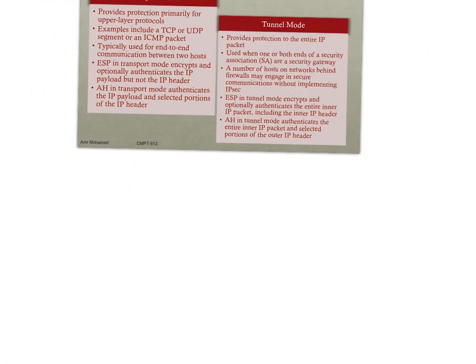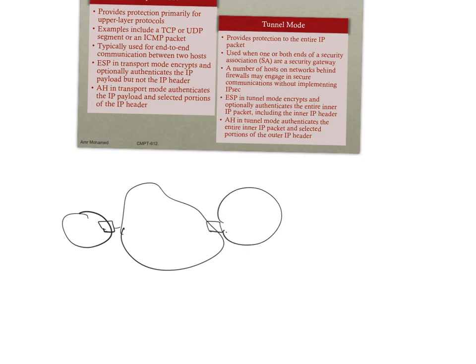Of course, you have some kind of a network, and here there is one host. And this host is trying to send over the internet to another host, which is on another private network. All right, so when it comes to establishing a secure tunnel between these two hosts, in which case